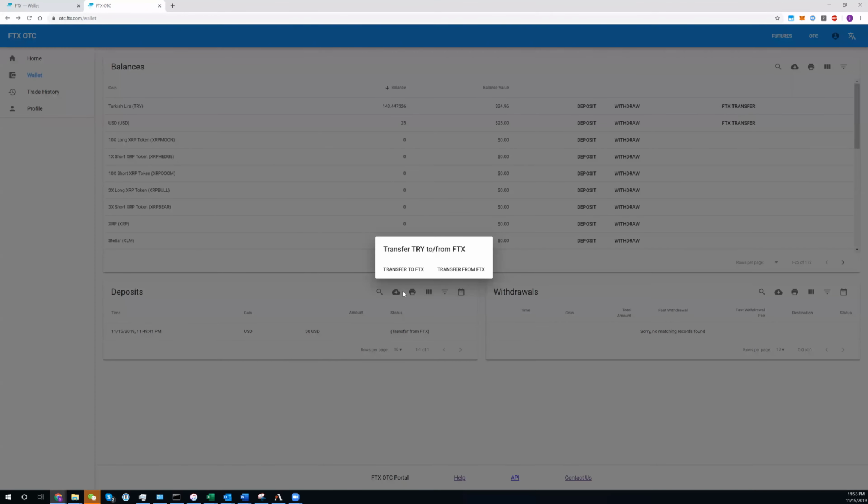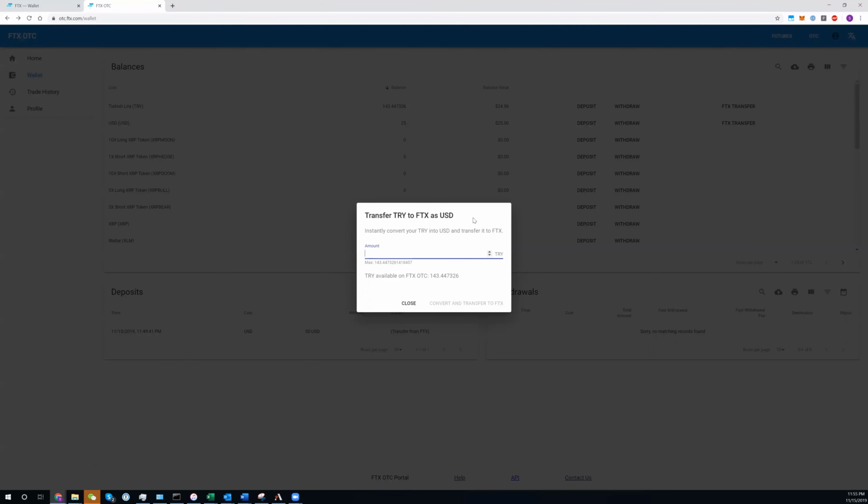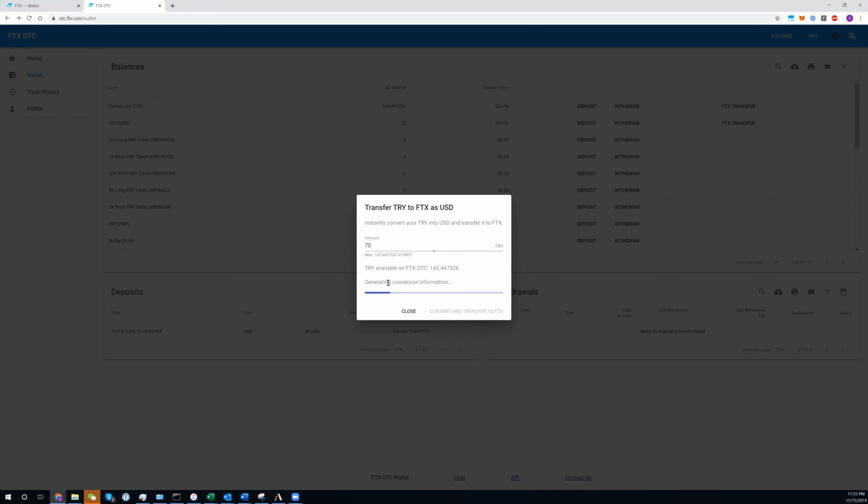So I'm going to click this here. And let's say I want to transfer my TRY here over to FTX. I have 143 Turkish lira. Let's say I want to move 70 of them over. So I'll enter the quantity here,